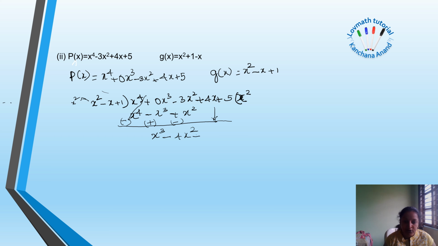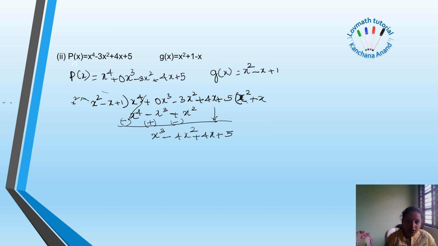That is plus 4x plus 5. Now let us divide this polynomial. To divide this polynomial, we have to multiply g of x by plus x. Therefore,